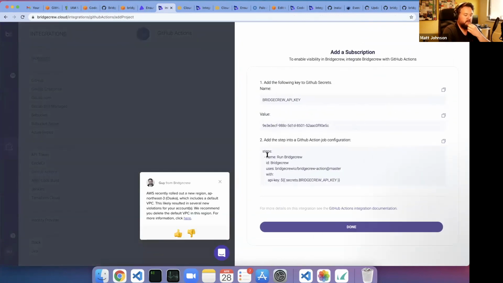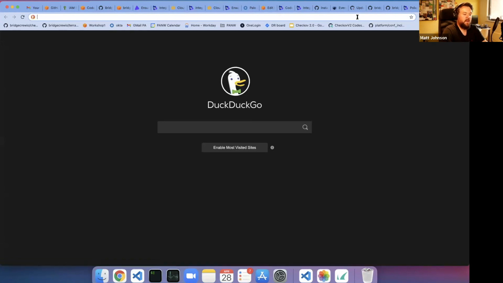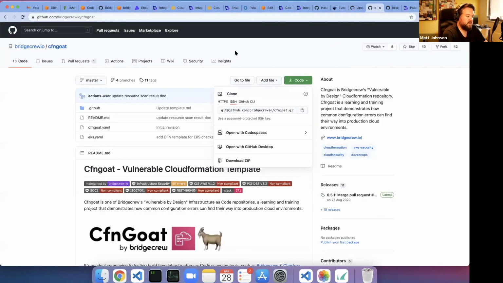What that's going to give you, just like we did with CodeBuild, is what you need to put into GitHub secrets so that GitHub, when it runs Checkov as part of the pipeline, knows that API key to talk back to Bridgecrew, and then it gives you the step to connect the GitHub action job. If you are not already part of Bridgecrew, or you want to tell someone else to try this out that is running GitHub Actions, from GitHub themselves, we actually have